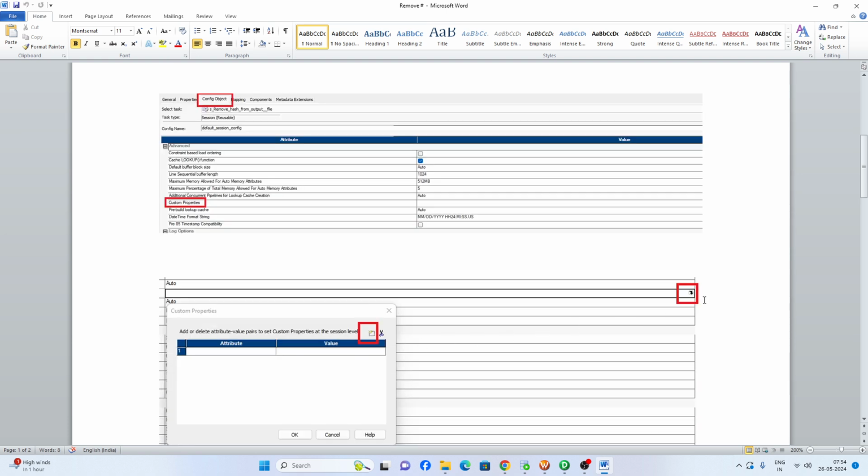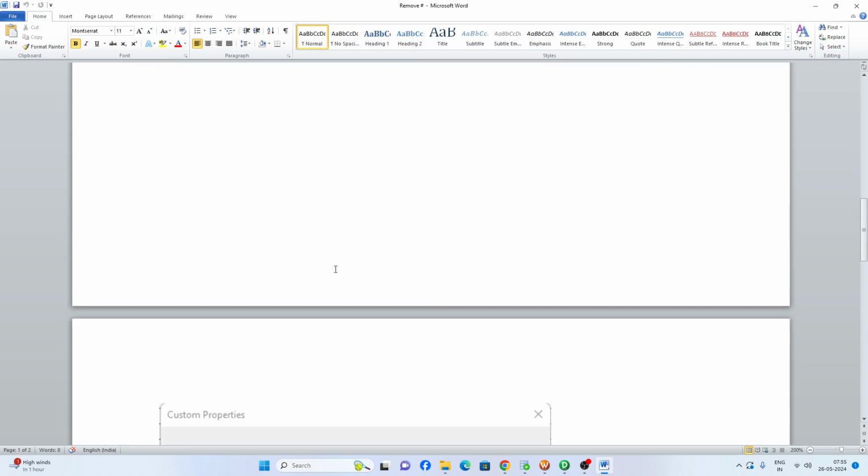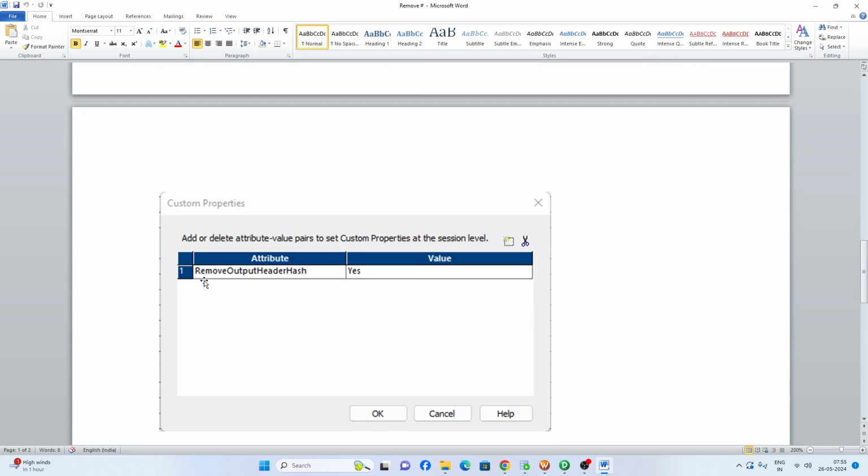You will see at the right a button, just click on it, and a new window will open. Here you click the new button, and a new row will be created. There is an attribute and a value. You have to provide some value under the attribute and under the value. So what is to be added? Here it is. You have to add RemoveOutputHeaderHash, and the value should be